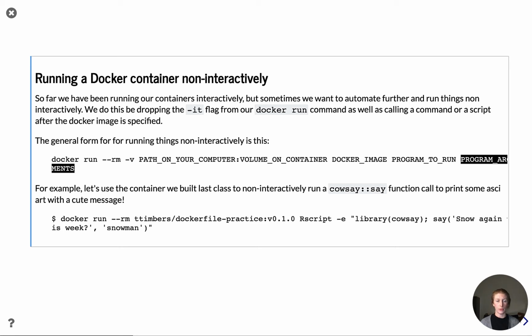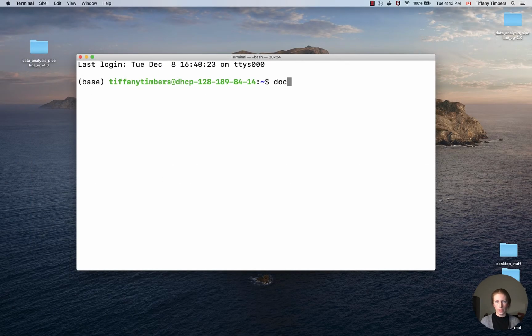So let's go through a simple example where we're going to use the container that we just built on GitHub Actions and published on Docker Hub to non-interactively run some R code. We're going to start with docker run. We're going to skip -it, but we will use --rm. Then the name of the Docker image, which is ttimbers/dockerfile-practice. And why don't we be very good and specify the specific version of that image as well. Then we're going to run an R script, so we say Rscript